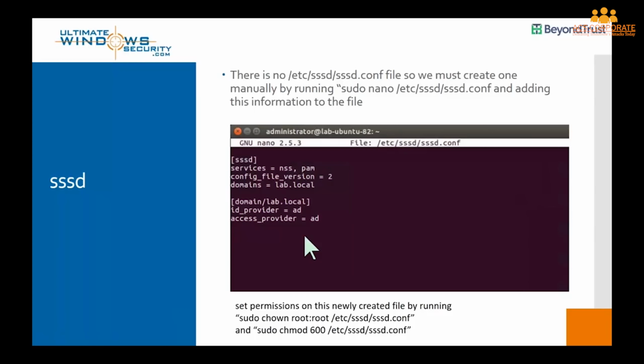And then finally, oh yes, our SSSD file. We had to add that, and we also put some information in there about our lab.local domain as well. And then finally, since we created this file, we also had to set the owner and the permissions, make sure that those are correct. Otherwise, SSSD